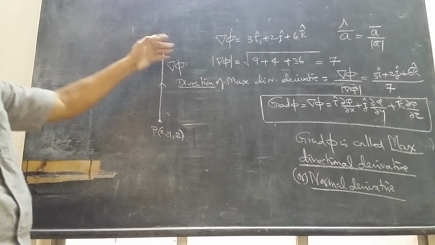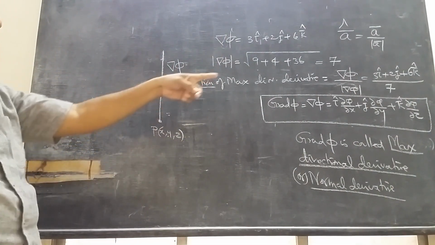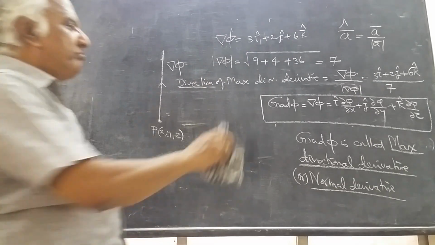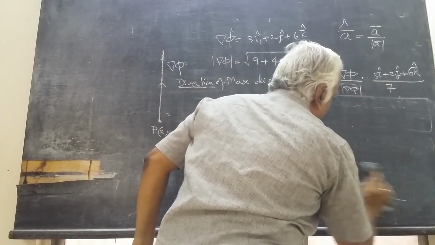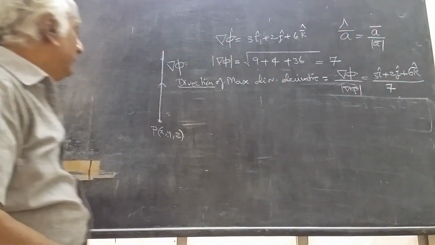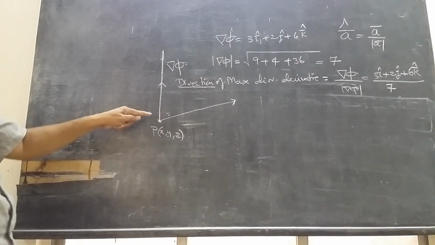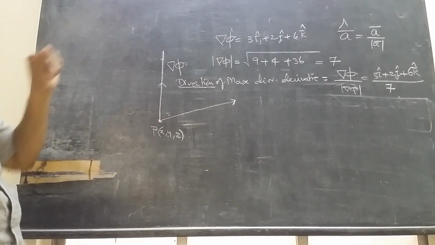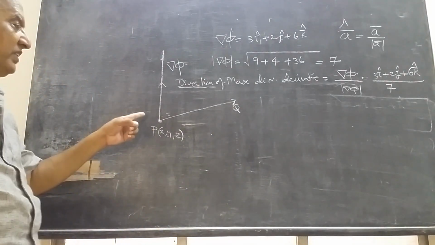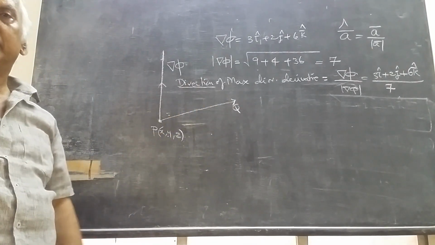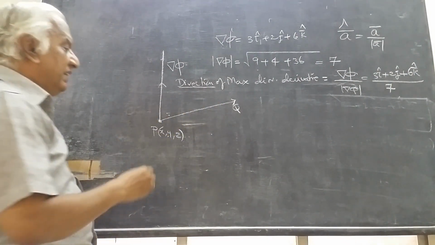What is the magnitude? Magnitude of this one, modulus of this. What is the direction? You have to give a unit vector. We are not going in this direction, sir. I am going in some other direction. I go in the direction of PQ. If you go in that direction, it increases maximum, okay. But I go in the direction PQ. What is the change in the direction PQ? That is given by